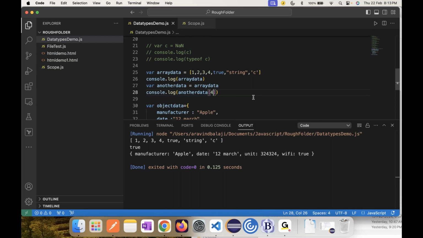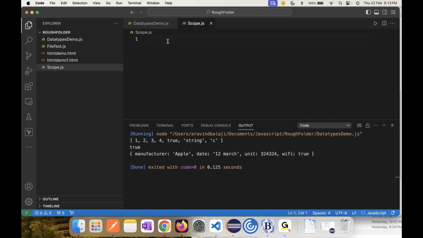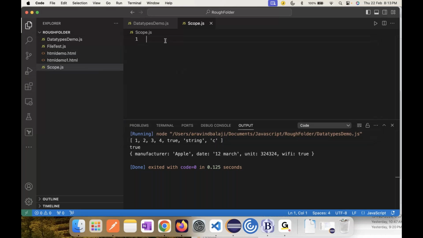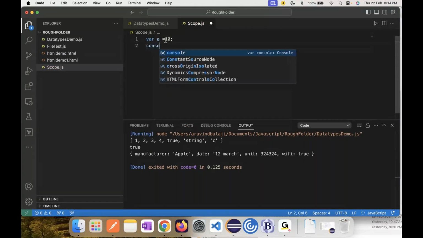Okay. So let's move on to the next one actually. Scope, in the sense that we saw three items: var, let and const. Let's see what the difference is and why we have these three items. Visibly, when you see var and let, they will be the same thing. But when the concept of hoisting comes, there the difference between var and let will come. For example, let me put var a is equal to 10, and we have console.log